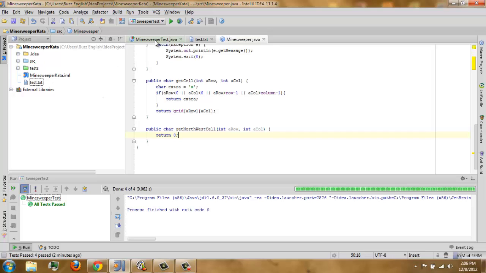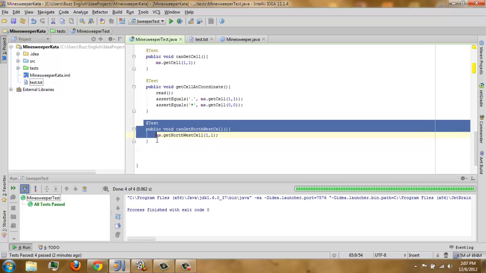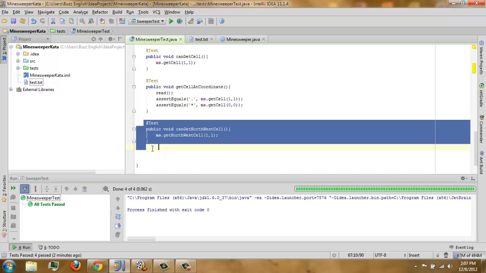It's not automatic again, IntelliJ is not doing it. We'll see if can get northwest is working correctly.